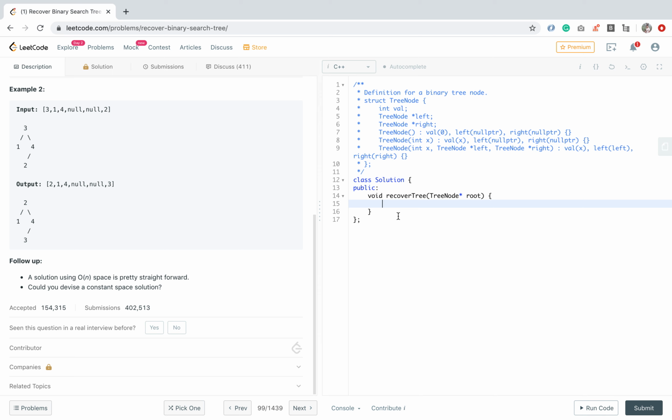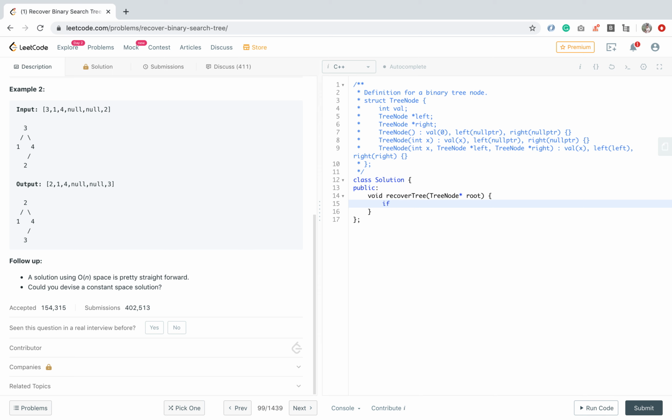So now we will start coding in C++. This is the already predefined method signature.